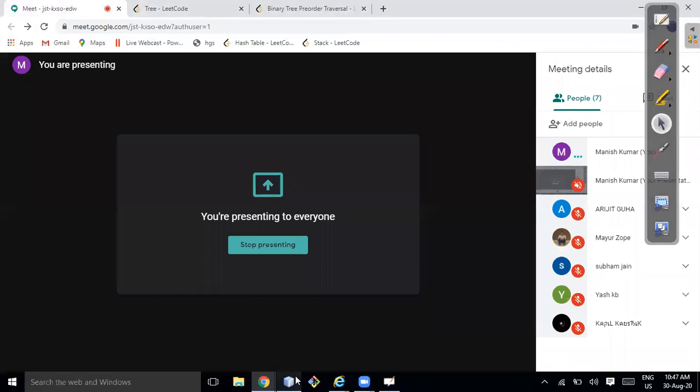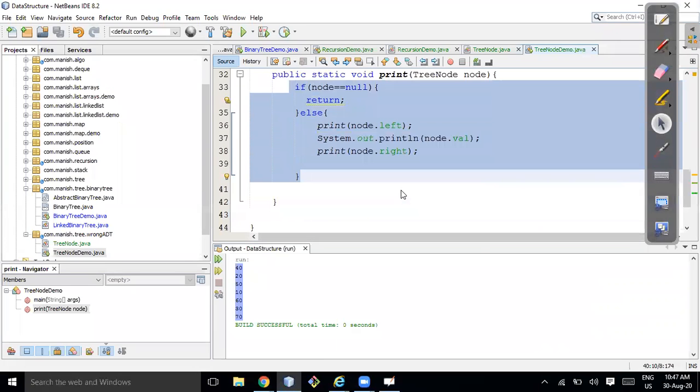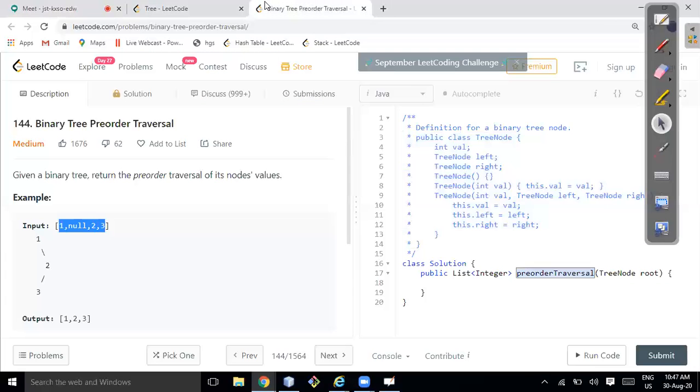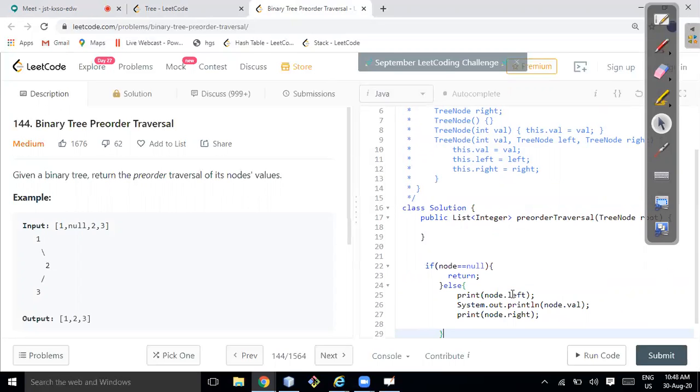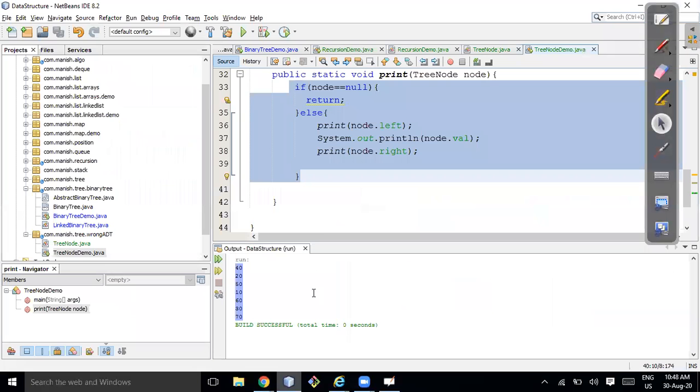Now, if I paste my code here, something like this. Okay. And I'll do some modification. Sorry, I should get all the code.